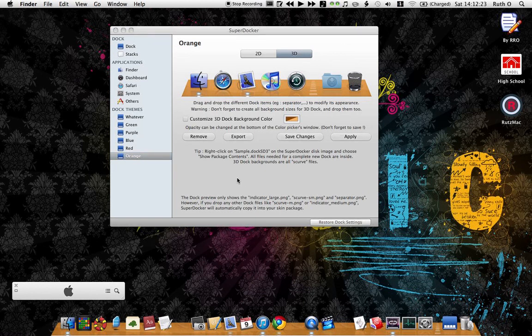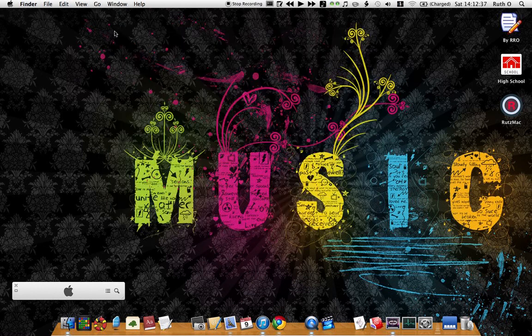So that's SuperDocker. It does pretty good stuff for a free application, and it's handy to have around. You can save as many dock themes as you want. So I have red and blue and purple and green and all sorts of stuff, so it's really quick to change the color of your dock whenever you want. Again, the Geek Tool tutorial I'll make in a separate video. I should have it posted pretty soon, and I hope you check it out because Geek Tool is also a great way to customize your